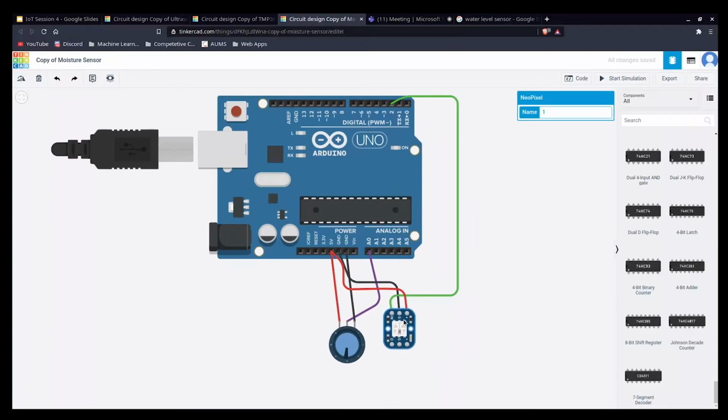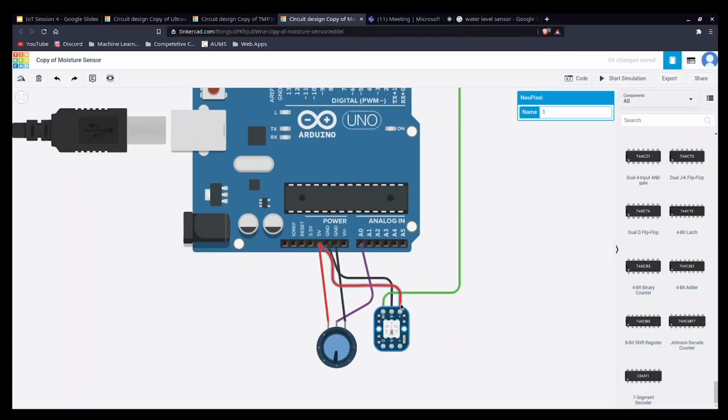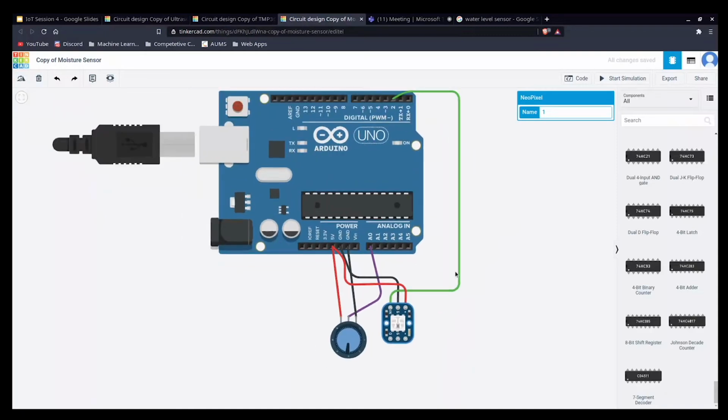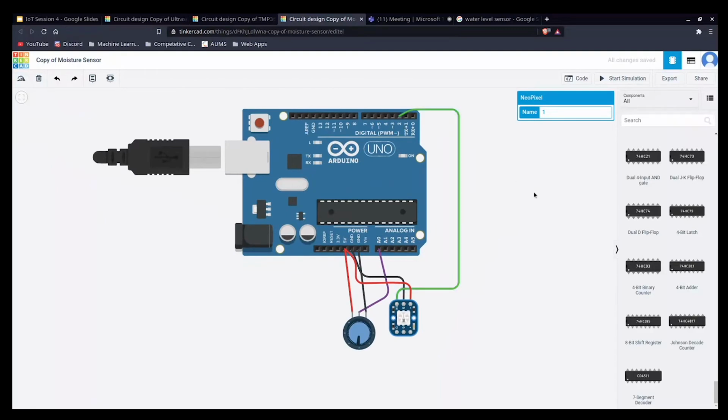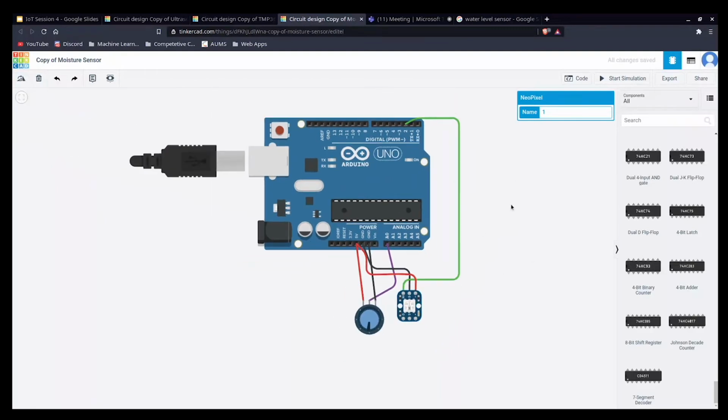So this is actually a NeoPixel LED, basically a multicolor LED. So we have 3 connections in this one also. The first one is the connection to the pin. We'll be giving input from the board, that is pin number 2. And the second one is ground. We connect it to the ground on the board, and then the positive one goes to the 5-volt. So this NeoPixel needs additional power as well as the signal from pin 2. Okay. So this was the circuit.